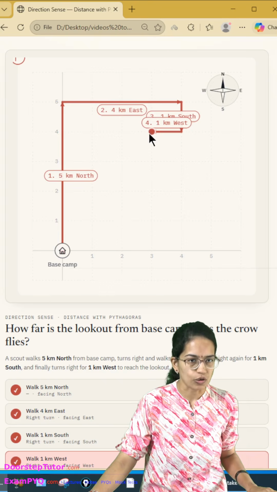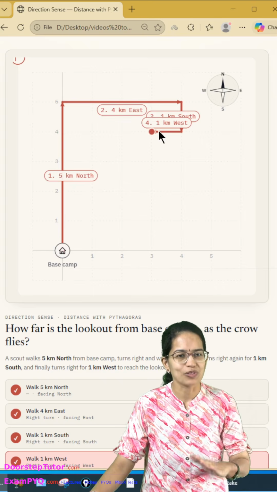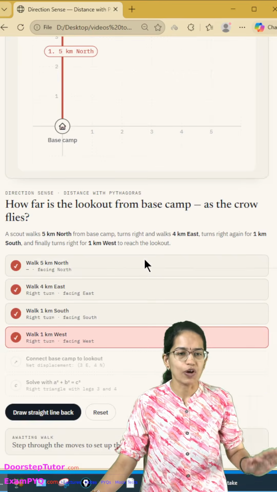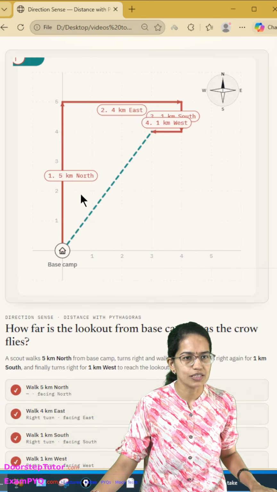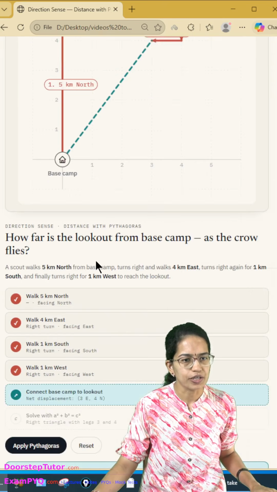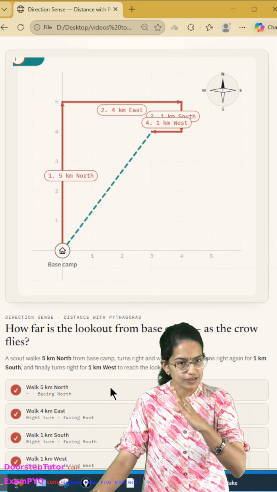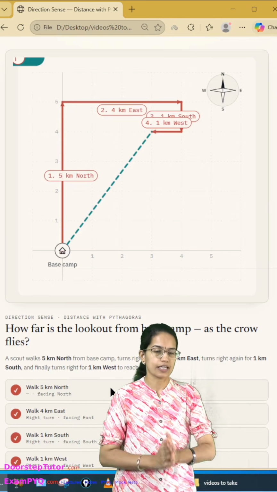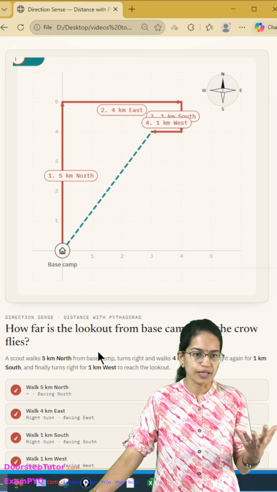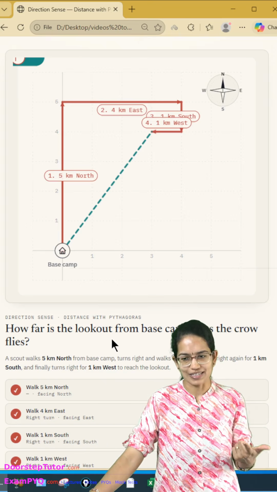So the distance of the lookout from this point to the base camp, or from the base camp to this point, actually is 5 kilometers. So if we look and draw a line, we'll see that this line is a line of 5 kilometers and a distance to the base camp, which is the hypotenuse of a Pythagoras right angle triangle, right? So you have to simply apply the Pythagoras theorem in such kind of direction problems and all is set. Thanks for joining.